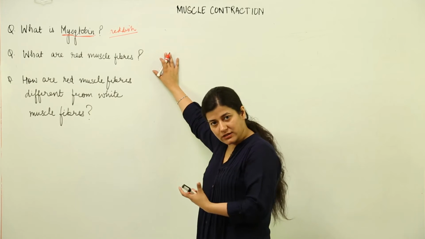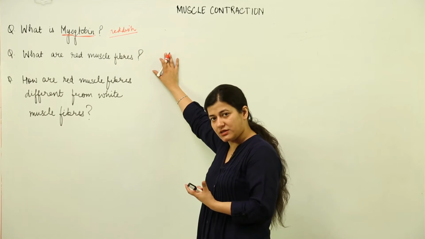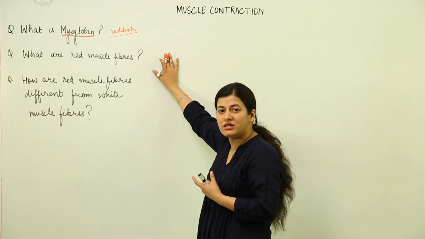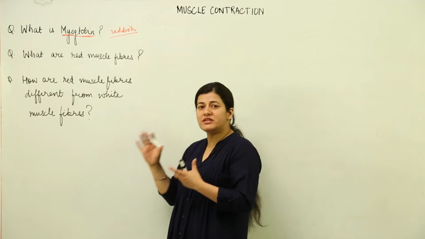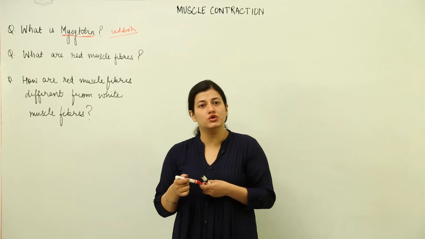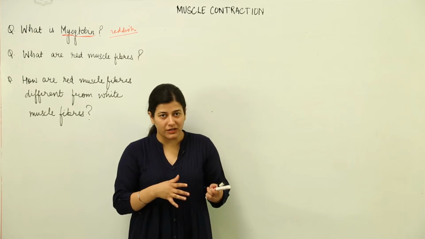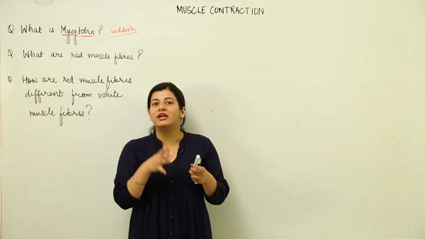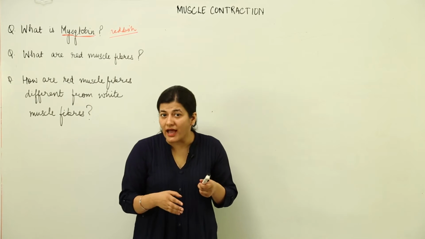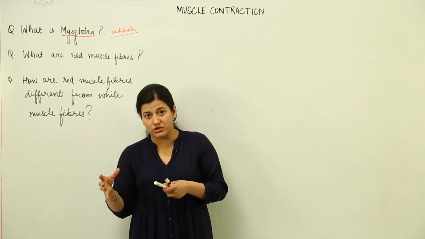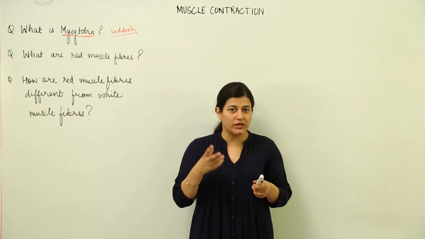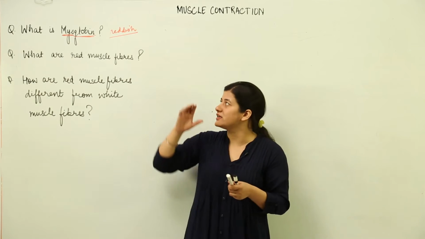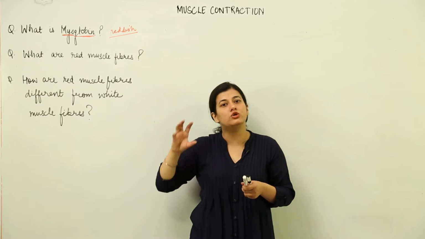The more myoglobin present in the muscle, the more reddish appearance it has. Now, I would tell you a simple difference: those of you who consume chicken and red meat can distinguish very well that red meat comes from mammals, and because the chicken that you consume belongs to birds, it does not have that red part inside it. Whatever red meat you are consuming, that is due to the presence of myoglobin in those muscles.